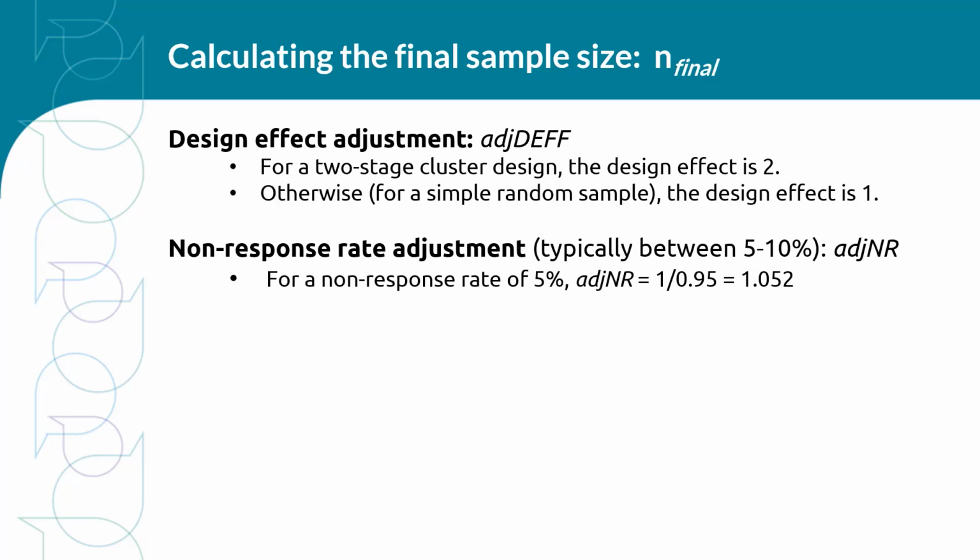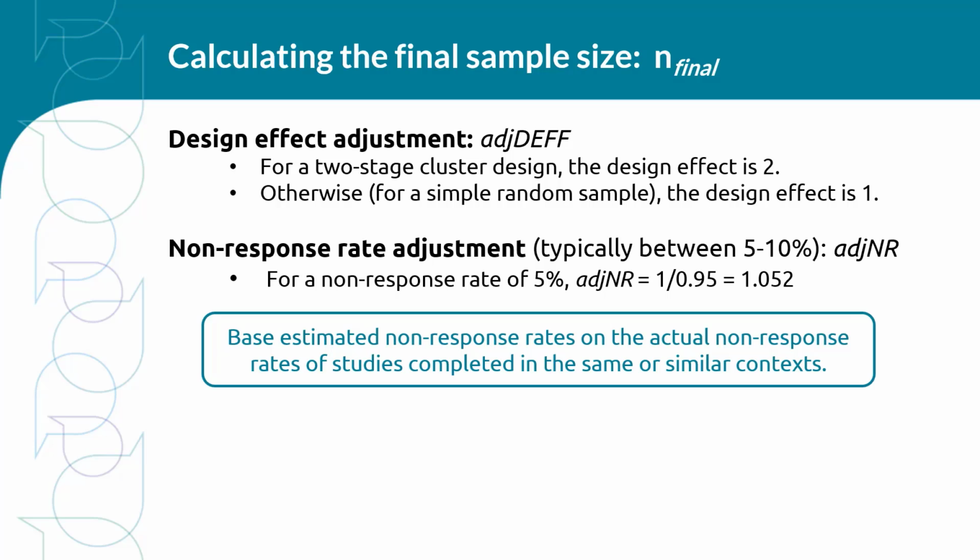When programs calculate sample size, and they find that the sample size is too high for what's logistically or financially feasible for their program, there can be a temptation to decrease the estimated non-response rate so that the sample size will be lower. This strategy is risky since we don't know our actual non-response rate until after the survey is completed, and it's possible that survey data will be unable to detect the necessary level of precision or accuracy if the actual non-response rate is significantly higher than estimated. For these reasons, it's important to base estimated non-response rates on the actual non-response rates of the surveys completed in the same or similar contexts.